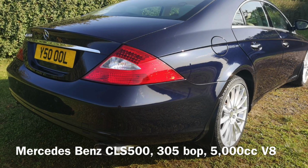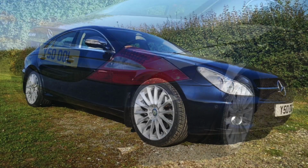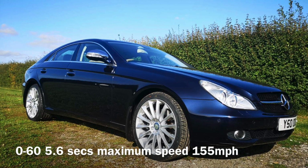So I've had the car just over a week now, and I've got to admit I love it. I've had a really good time. Remembering before this I had a Mercedes CLS500, a V8 5-litre 4-door coupe, which was a beautiful car, very powerful, very fast, very smooth, very quiet. The Mini obviously is chalk and cheese. Now we're talking about something much smaller,